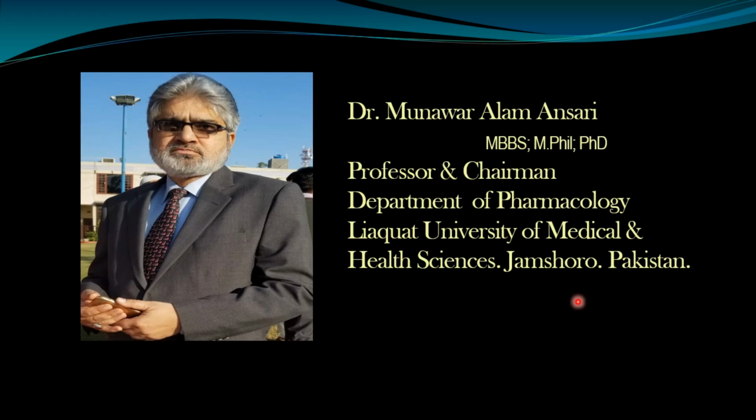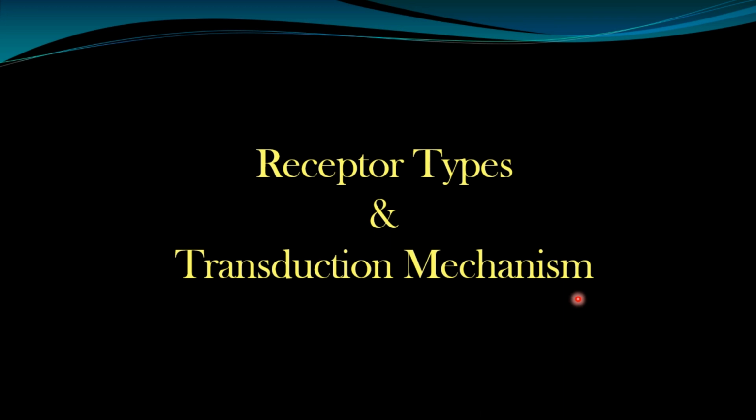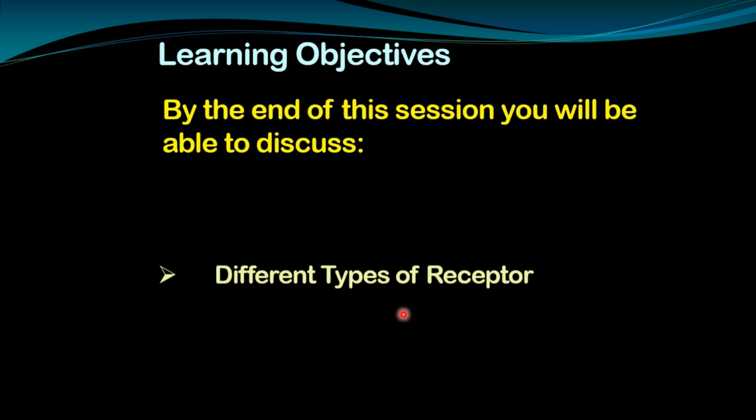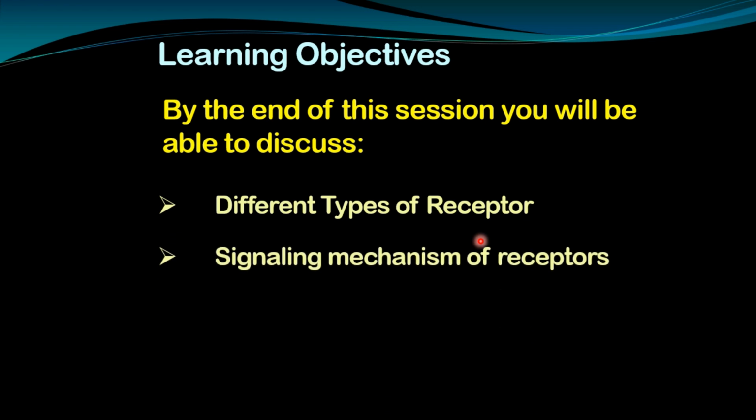Hello viewers, today we will discuss the different types of receptors and how the receptors propagate signals, that is, the transduction mechanisms of the receptors and how they produce their effects. Our learning objectives are that by the end of this session you will be able to understand and discuss the four major types of receptors that we will cover, and then we will discuss the signaling mechanism of the receptors, that is